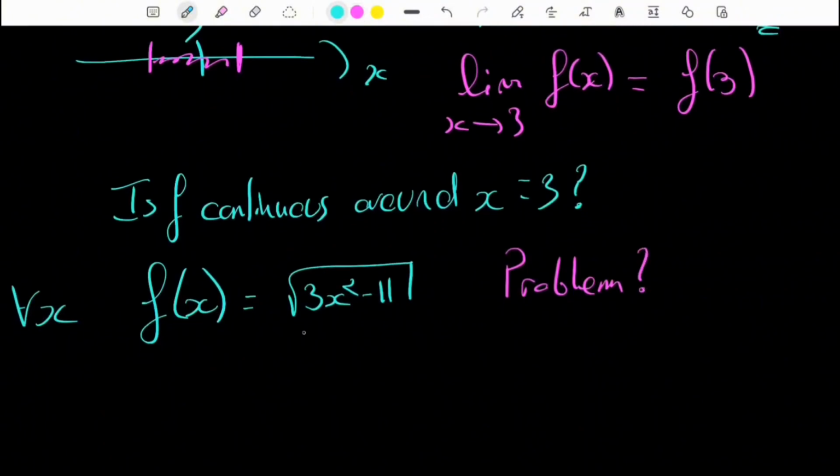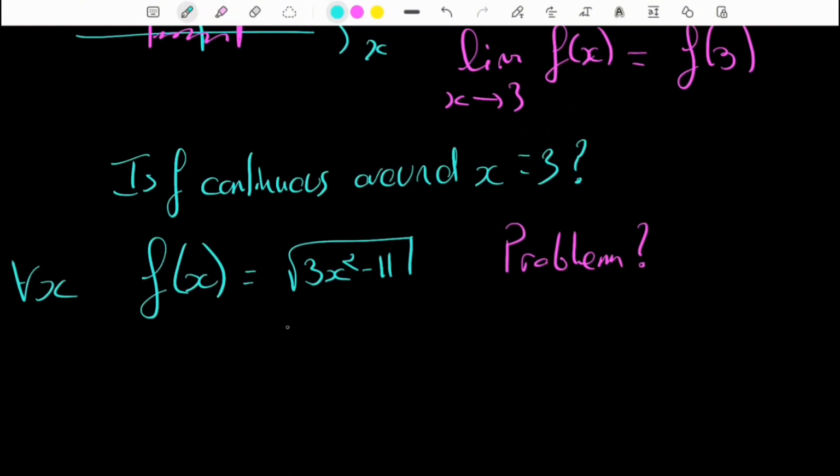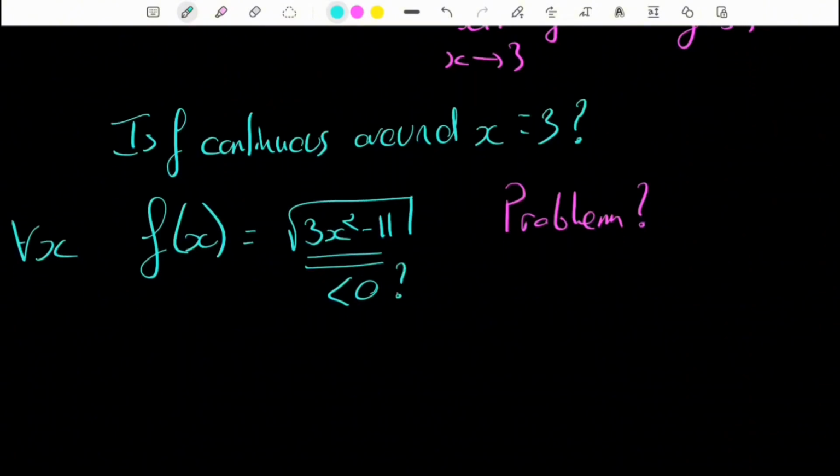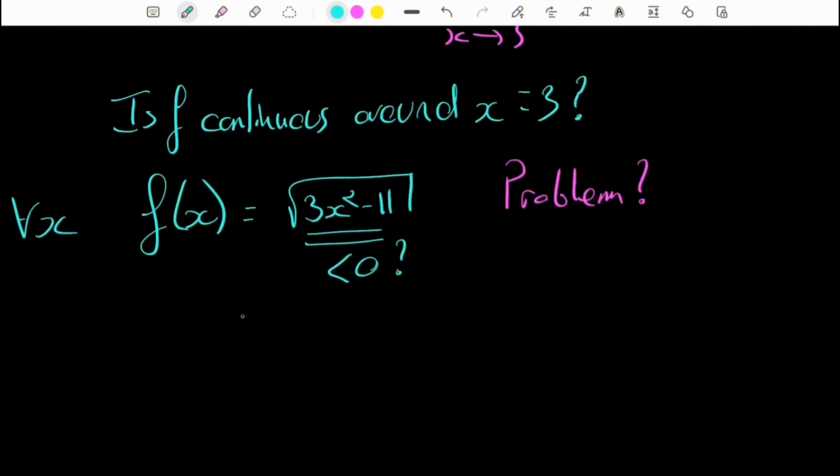Okay, the function square root gives us some issues when what's under is negative strictly. Okay, so when would it be? So let's solve 3x squared minus 11 negative strictly